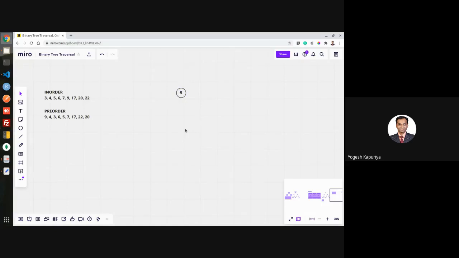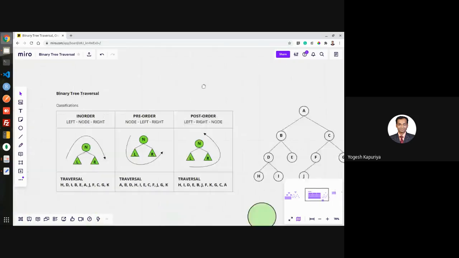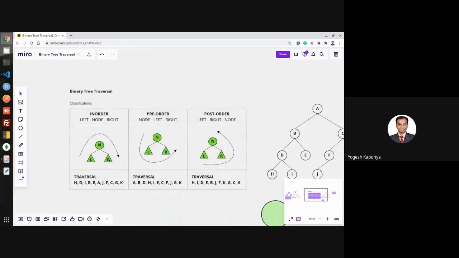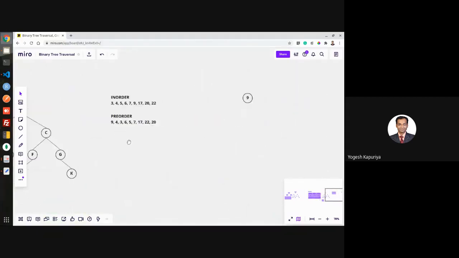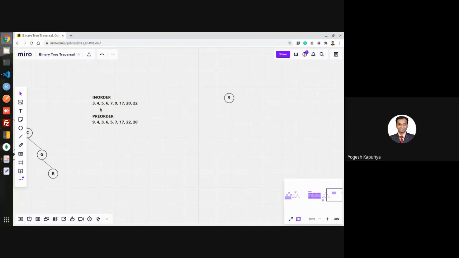Now once you have this root node, remember in-order traversal says left node and right. Anything on the left of the root node in this traversal is in the left subtree. So now we have to observe this in-order traversal. What is there on the left of?